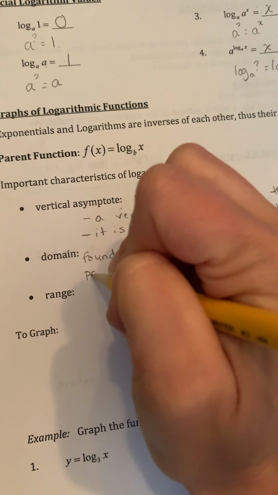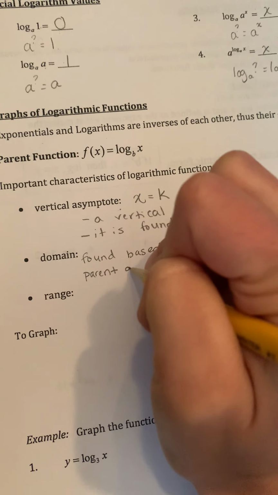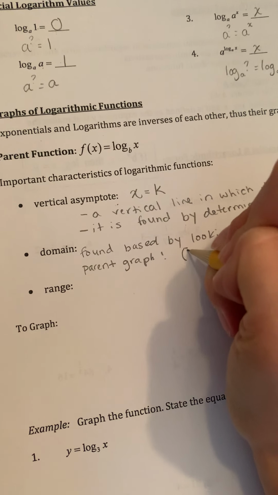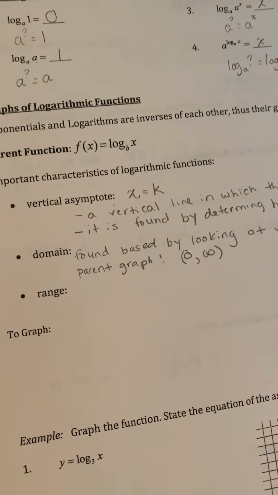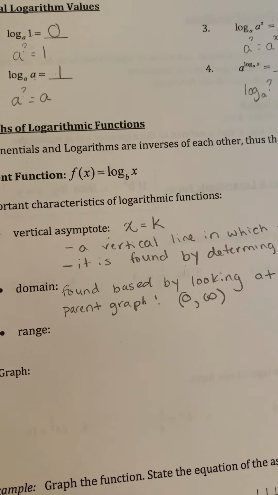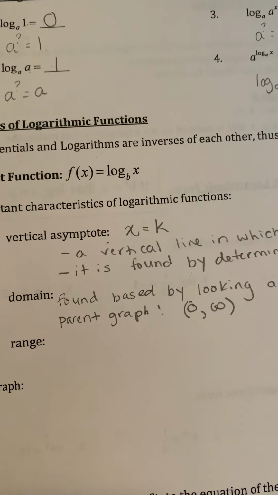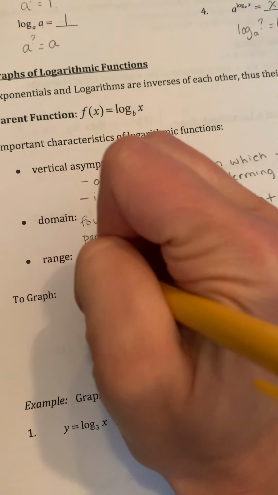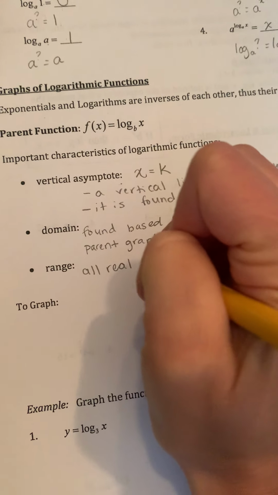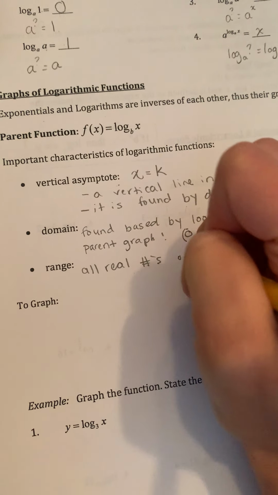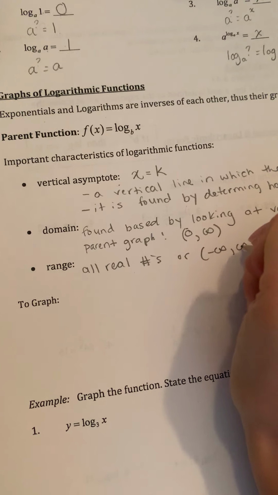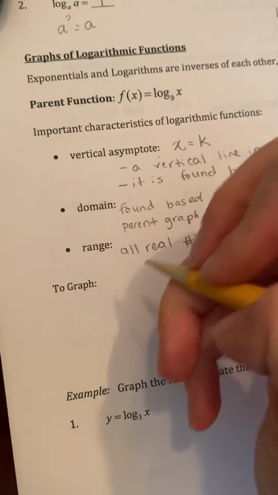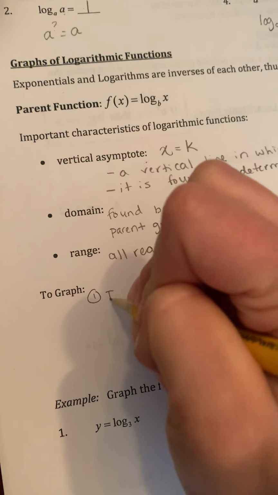Okay, for the parent graph, the domain is from 0 to infinity. So if we shift things to the right 2, now it'll be from 2 to infinity. Our range, the good news here for our range is going to be all real numbers, or negative infinity to positive infinity. Okay? So to graph, here's what you want to do, is you want to identify